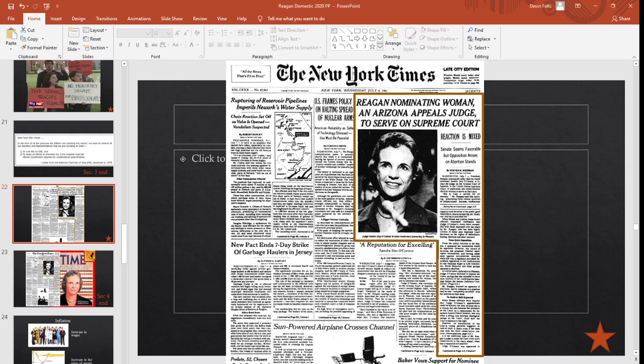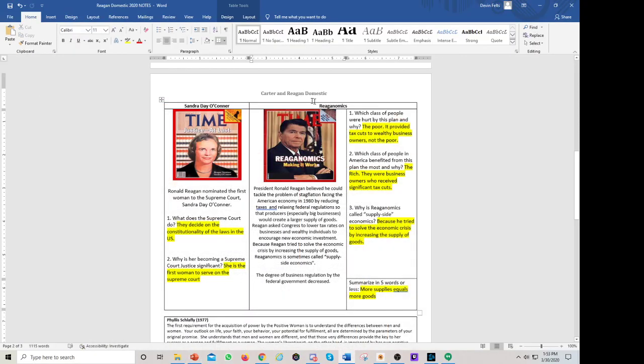Okay, so we're going to quickly jump to Reaganomics here. So if you need a second, go ahead and pause the video. If you are ready, let's go ahead and move forward. Under Reaganomics, it says President Ronald Reagan believed he could tackle the problem of stagflation facing the American economy in the 1980s by reducing taxes and relaxing federal regulations so that producers, especially big business, would create a larger supply of goods. Reagan asked Congress to lower tax rates on businesses and wealthy individuals to encourage new economic investment because